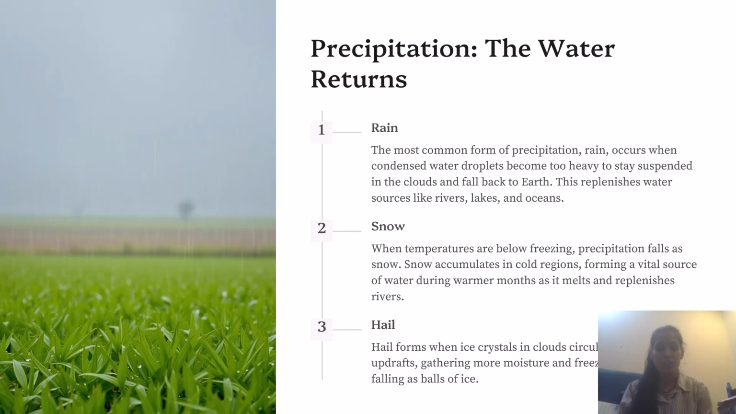Next we have precipitation. With precipitation, the water returns, as the name of the slide also represents. When droplets in clouds become heavy, they fall back to the Earth as precipitation, which is also known as rainfall. This can be rainfall, snow, or hail. Rain replenishes rivers and lakes, snow stores water in colder regions, and hail forms during strong storms. Precipitation is a natural way to return water back to the surface. So as I mentioned, rain, snow, hail, you can read along with the